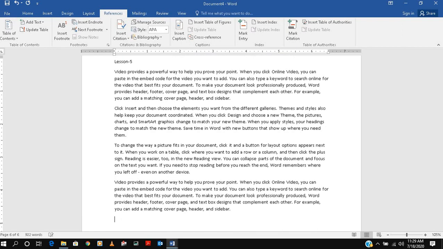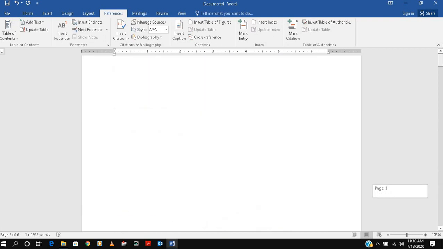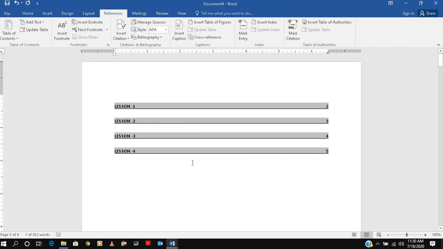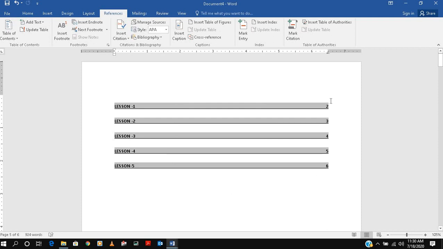Now you want to add this lesson to the previous table. So you just select this and set it as a label. Then you go to the text, click anywhere in between, and update the entire table. It will tell you the page number also.